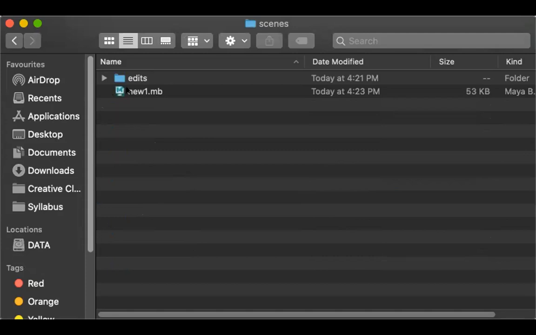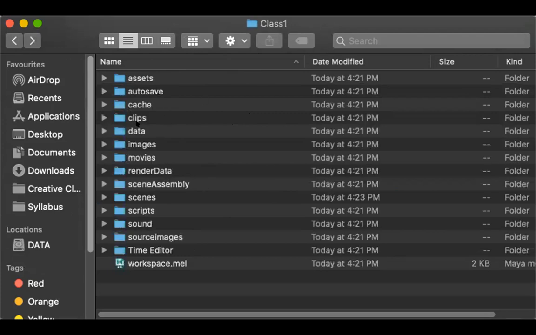This is very helpful, because if you work with a project folder, you have minimized missing files. Sometimes whenever we work on a project, we find our file is missing. If you work with the project window or project folder, missing files and missing data will be avoided.